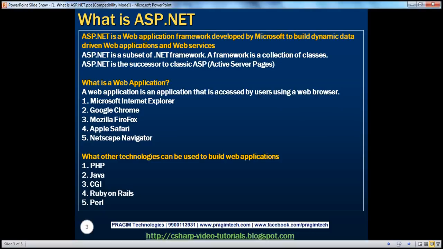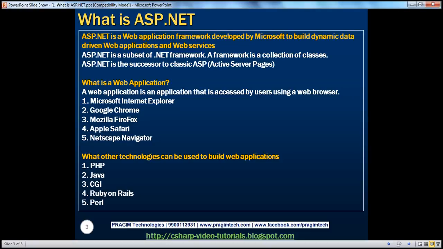Now, we know that ASP.NET is a subset of the .NET framework that can be used to build web applications and web services. Along the same lines, we have something else called ADO.NET. Is that a different technology altogether? No. Again, ADO.NET is a subset of the wider .NET framework that can actually be used to pull data from different databases and then serve it up to a console application or a web application or a Windows application, whatever.